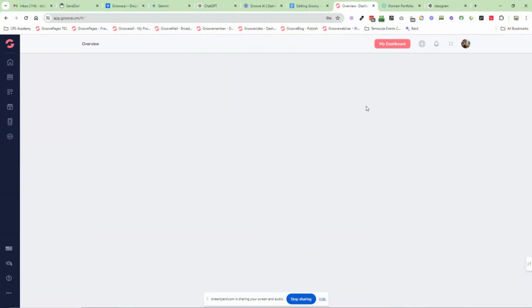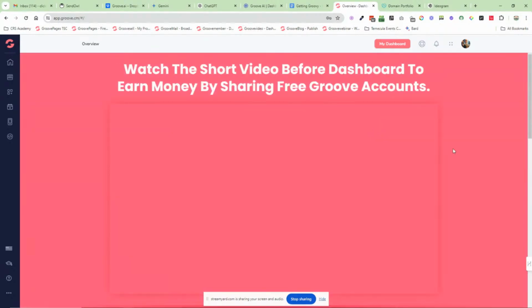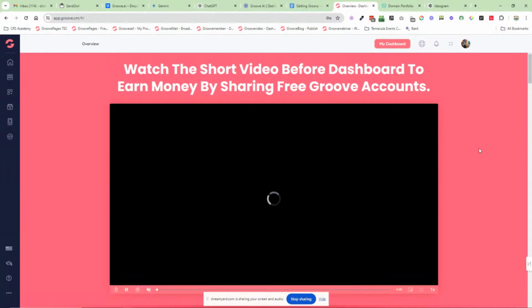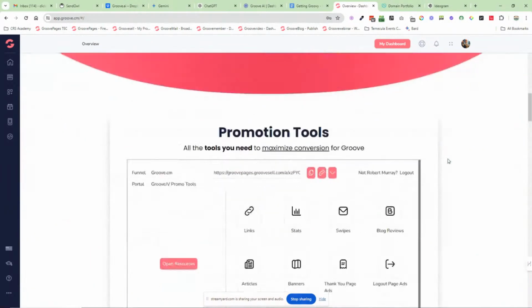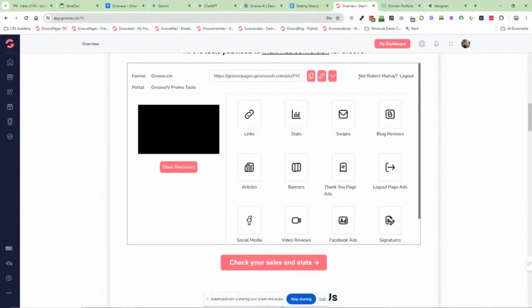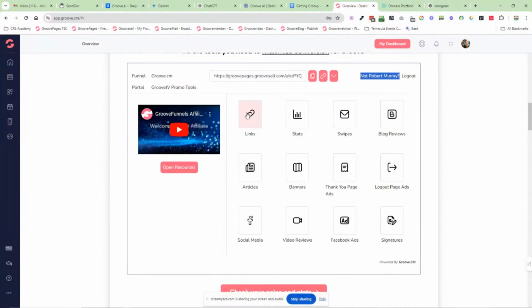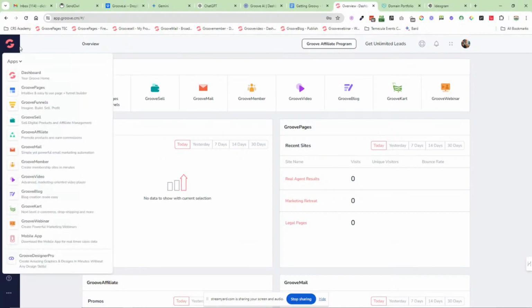Here you can access the Groove affiliate program. You would all have a Groove affiliate account. And when you're logged into your Groove account, you click that button. It's just going to log you in. There'll be a video play here from Mike and the team, and then you can see here I'm already logged in. So if this wasn't my account, then I'd log out. But all of this info here is mine. They'll have my specific links, and we'll come back to Groove Affiliate later on.